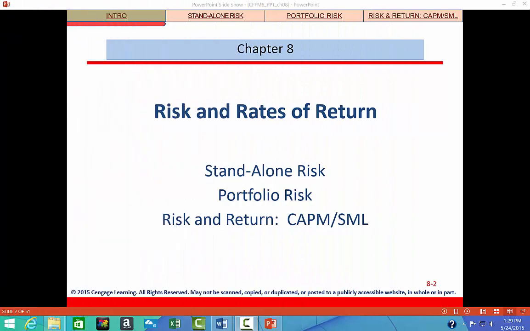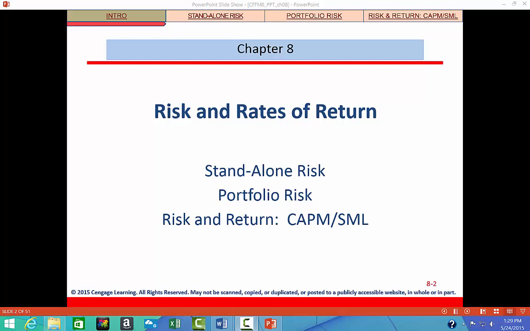In Chapter 8, we get to talk about risk and rates of return. The major objectives for this chapter are for you to be able to explain the difference between standalone risk and risk in a portfolio context, to describe how risk aversion affects a stock's required rate of return. We will discuss the difference between diversifiable risk and market risk and explain how each type of risk affects well-diversified investors. We will describe what the CAPM is and illustrate how it can be used to estimate a stock's required